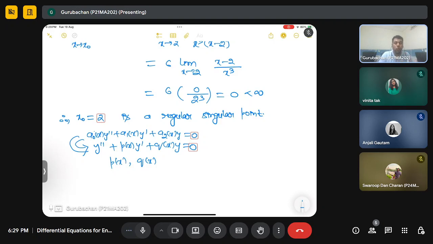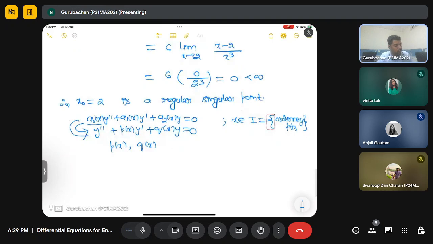So this can only be guaranteed, first of all, when a naught x is never 0. In that case, we are going to get our x from I, where I is nothing but the collection of all the ordinary points. Ordinary points means where a naught x is non-zero. Now let us weaken this condition. If we take x belongs to I, that is the collection of